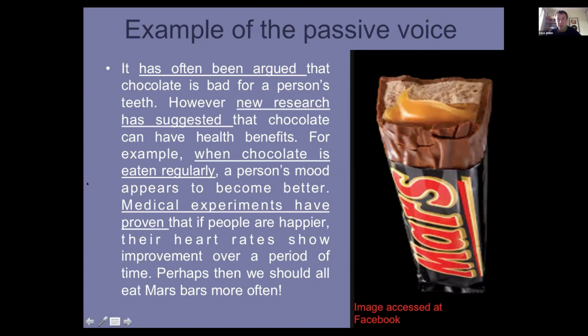I actually taught in Korea for a couple of years, and I used to do that every afternoon in between my lessons, and I had a very expensive dental bill at the end of it. So maybe I'm not recommending eating Mars bars every day, but